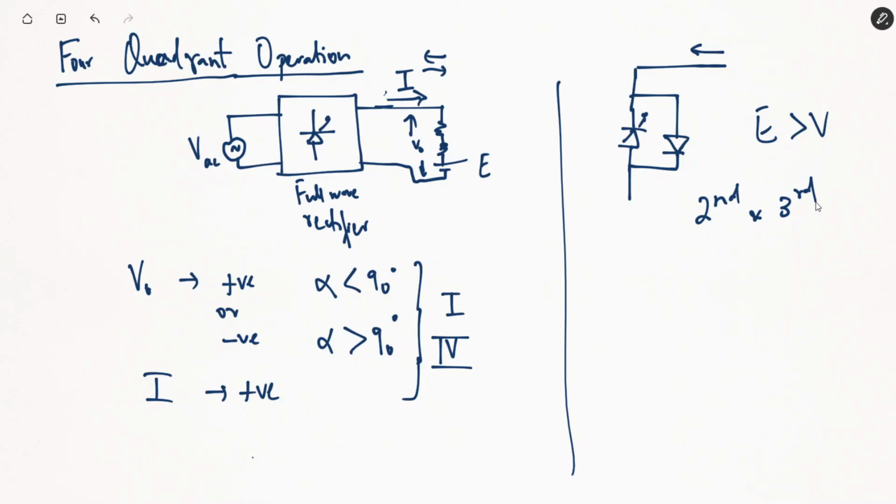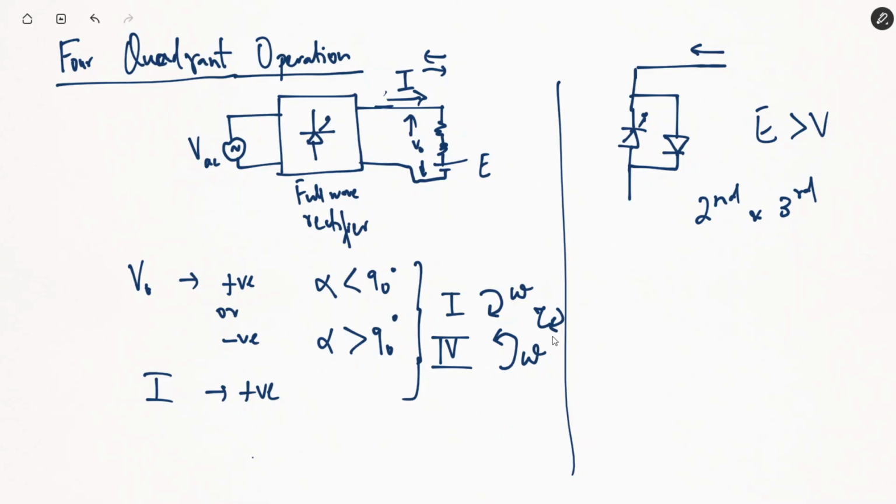Right? So for a normal single phase or a normal three-phase thyristor-based rectifier, thyristors will allow only unidirectional flow of current. The current will not flow in the reverse direction in a thyristor. So we can achieve only the first quadrant and the fourth quadrant operation, where in the first quadrant the speed will be clockwise, while in the fourth quadrant the speed will be anti-clockwise. But in both these two quadrants, the torque will be positive, that is clockwise.